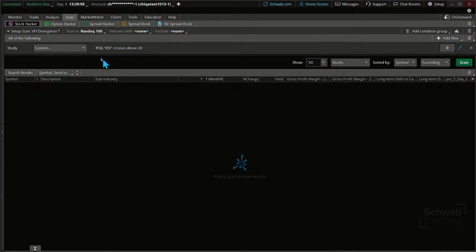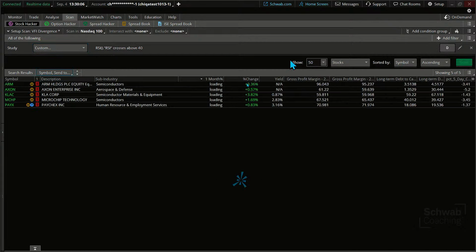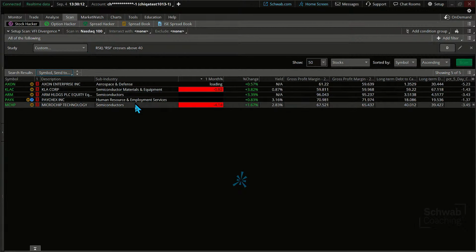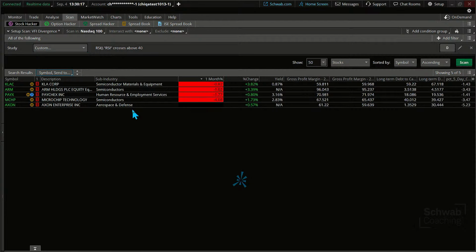RSI in quotes. All right. That's what we've got. I'm going to go ahead and just leave that study on, and we're just going to run that across the NASDAQ 100. You got 5 today. Let's look at some of these right now. Okay, so notice what's been moving today. Basically, what has been showing us momentum today in the NASDAQ 100 and potentially off of the bottom, maybe a bounce or a start off of the trend.